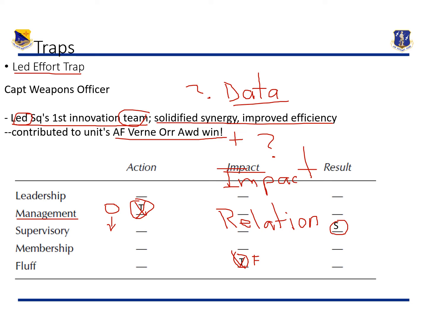But the fact that there's nothing supporting this, it kind of falls from what could have been a leadership level result to simply a supervisory result. What if all he did was change a small thing? I mean, we don't know. There's no data to back this up. And so if I were to score this bullet, honestly, again, this bullet falls really short. I would give it a 0.5.